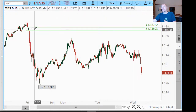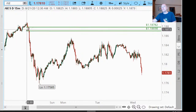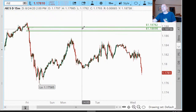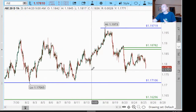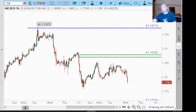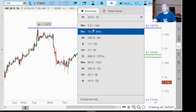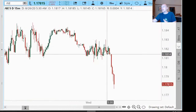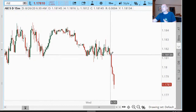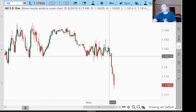And so in looking at this, I think this is a really clean supply area, and we didn't come close to it for me to say, hey, a bunch of those orders have been canceled. So I still think that's a valid zone. On a 1 hour time period, we've actually had a really nice move away here just this morning. We might take a look at this area right in here